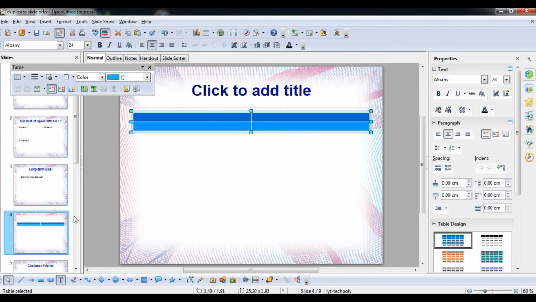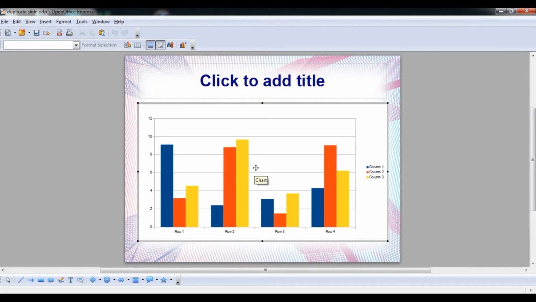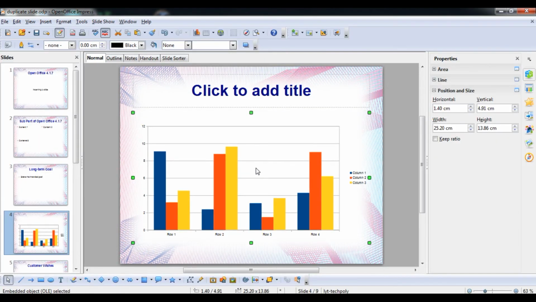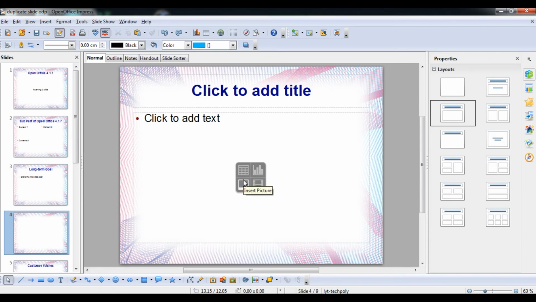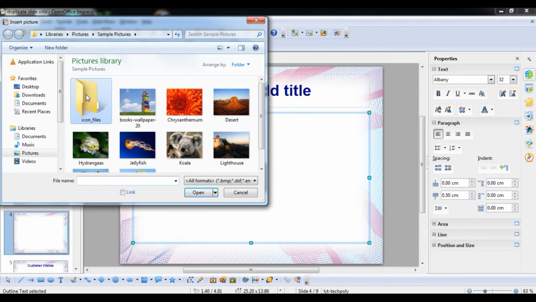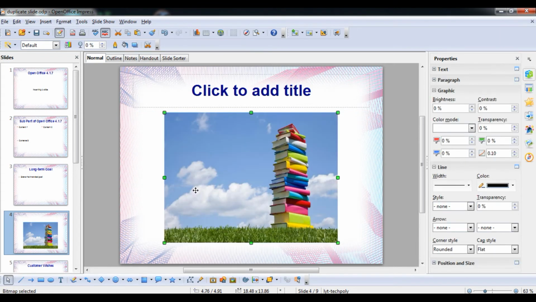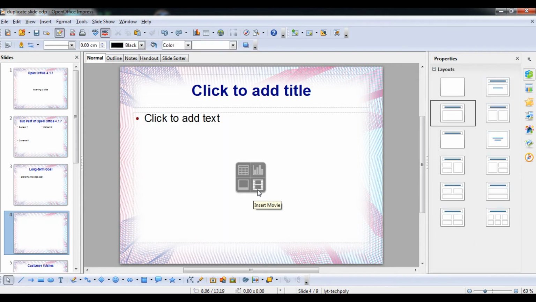Or I can do one thing, student: I can undo this. I can press chart, and it will show me this chart, that is good. Or I will undo it by pressing Ctrl Z. I will click insert picture, and it will ask me to open one of the pictures that you like. I want to use this particular picture, and now you can click on it. Now you can see the picture is inserted in front of you, student, with the help of that option. And now again I am going to press Ctrl Z.